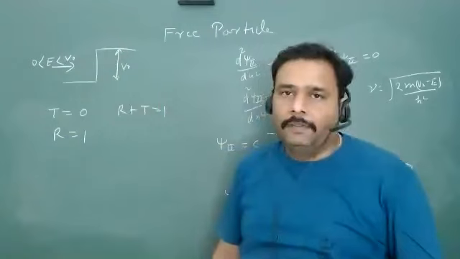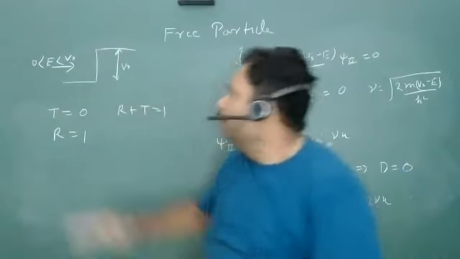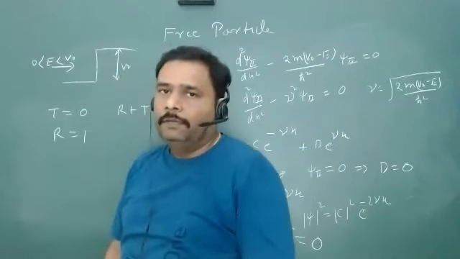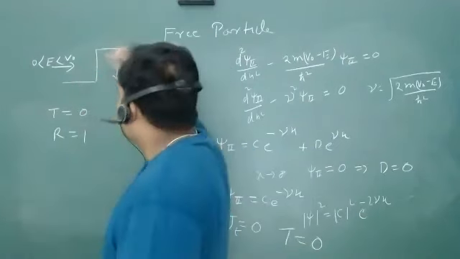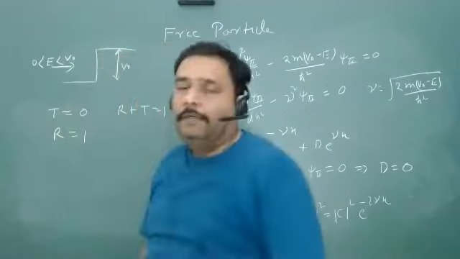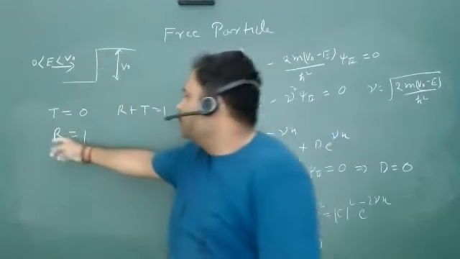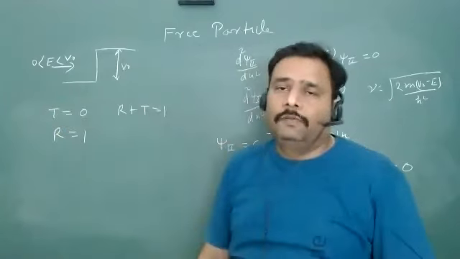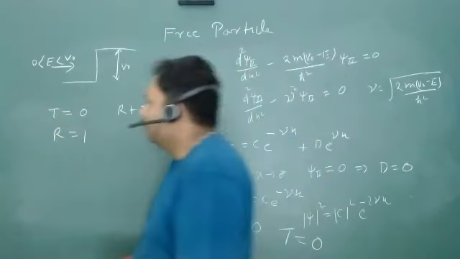Now the same thing we expected also. In classical mechanics, what will happen? The particle will go there and it will collide back. There is not any chance that the particle will come into this region. But even though you can see the reflection coefficient is 1 and the transmission coefficient is 0, even then,